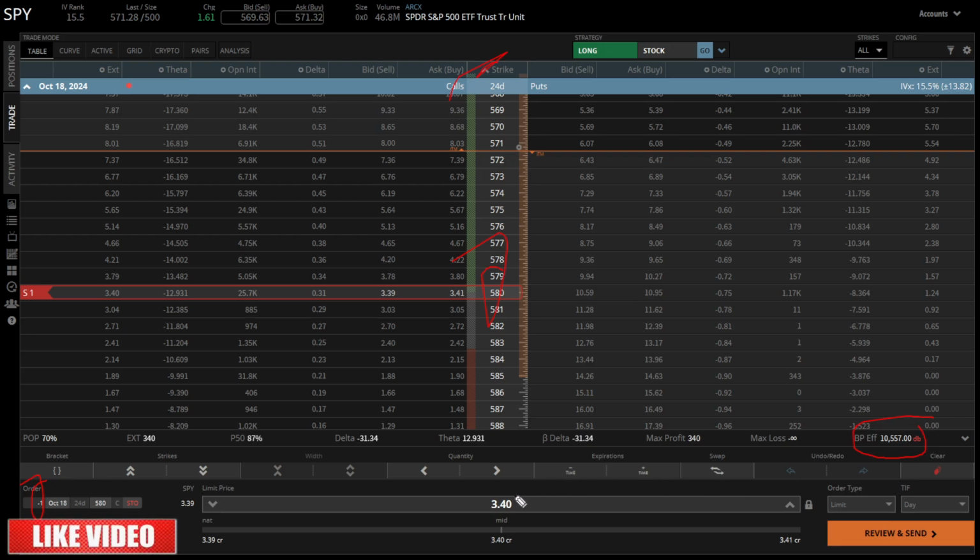And like I said before, we're going to collect the mid price here of $3.40, which is gonna give us $340 for this trade, and this will be the maximum gain for the call option seller. But of course, theoretically speaking, the stock can go up to infinity, so your loss here, guys, is infinite. That's why I do not suggest you guys trade short calls if you don't have enough experience.